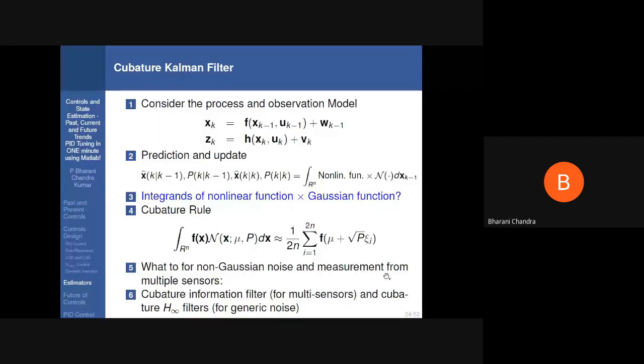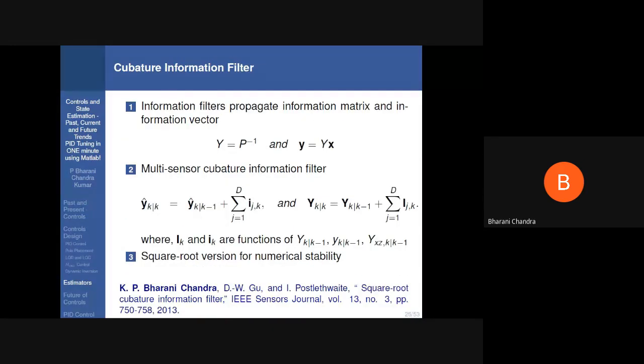Or if the measurements are from multiple sensors, if you want to use multiple sensor fusion, that means if the measurements are available from multiple sensors, then how to fuse them is also of much interest in the control community. Then one has to go for the Quadrature information filters or the Quadrature H-infinity filters, which we have extensively worked on in the last decade in this area. I will not go into much mathematical detail. So here we assume that we have measurements from d number of sensors for a particular state vector. Then we can simply use this summation,